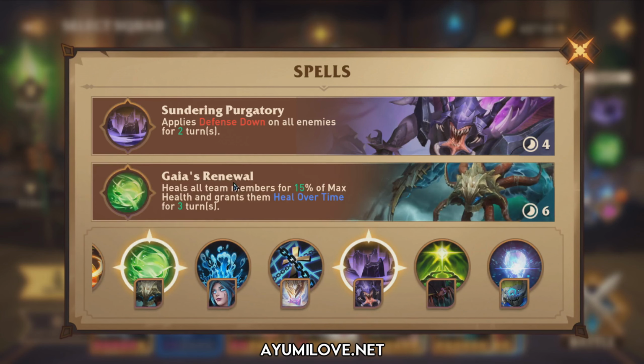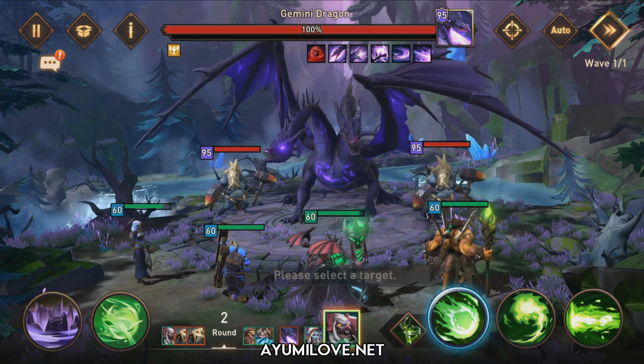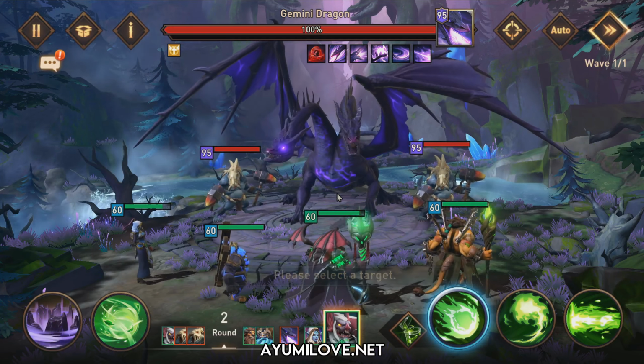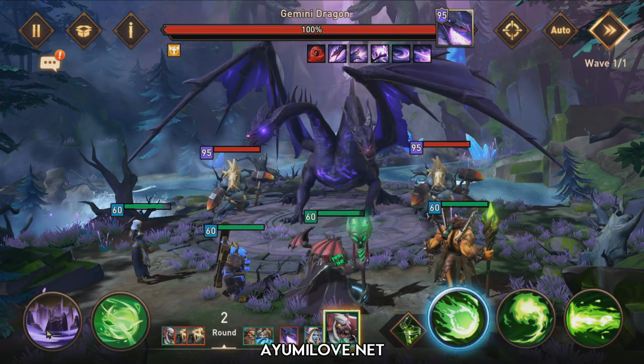So let's see them in action. Alright, at the start of the battle, these two psychic will perform their turn because their speed is around 184. To go before the boss, Gangelo and Santis' speed must be above 174, so the speed for Gangelo and Santis must be between 175 and 185. Alright, so Gangelo will place his Sundering Purgatory on the boss, followed by his ultimate ability,